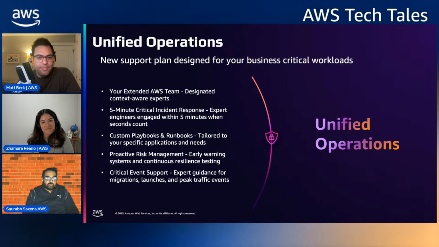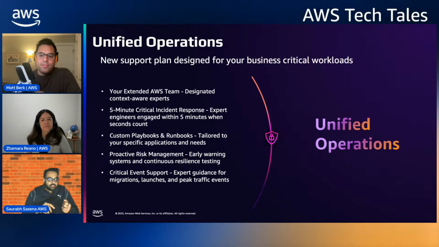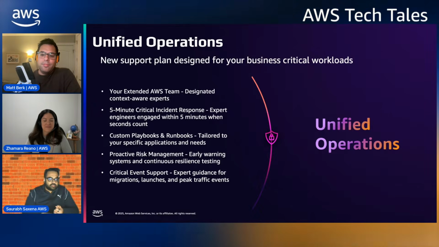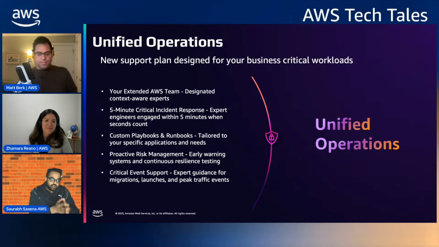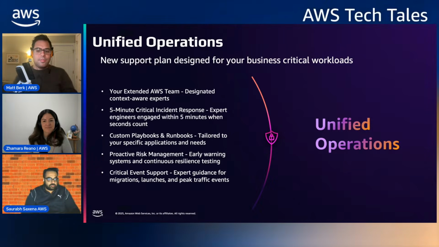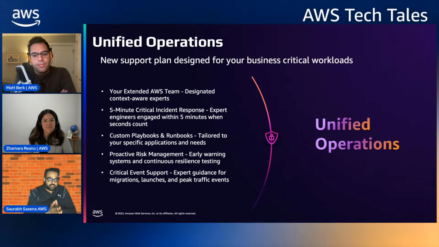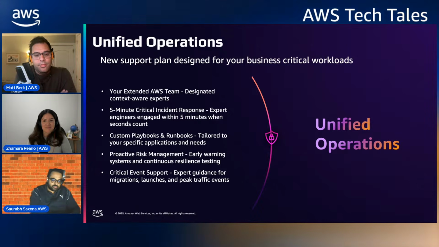So coming back to Unified Operations, a whole new tier. We put a lot of AI and a lot of humans together. We are partnering with our customers with this tier. We co-analyze your workloads and make sure we have a right path that's agreed upon with experts on the customer side and experts on the AWS side. From resilience to performance to cost, we're going to take care of everything, partnering with the customers.